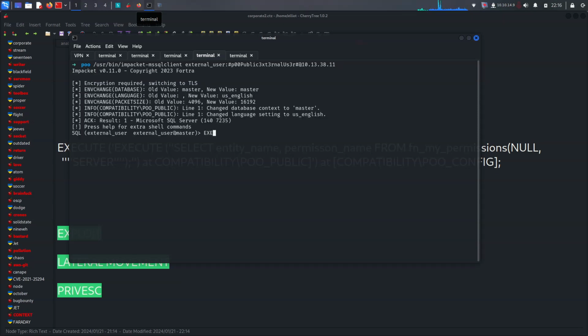Okay, we can try with execute, I think, and execute. What we have to be do and create here login. Create login df. We can try it as with password, which password is equal to